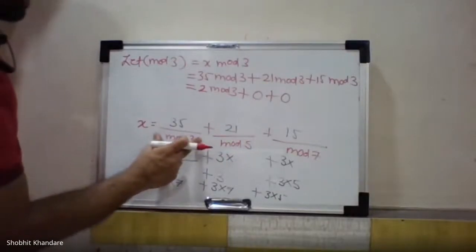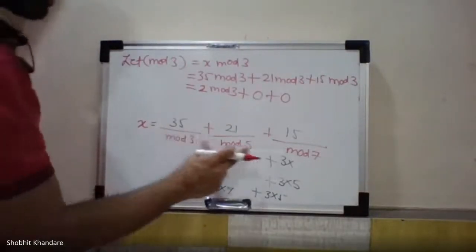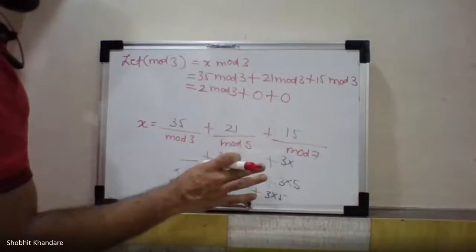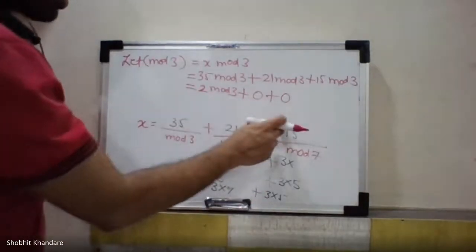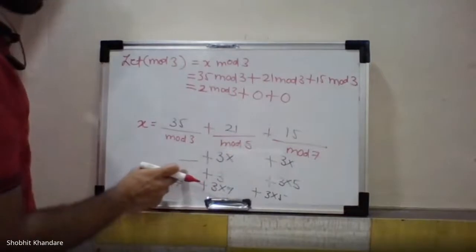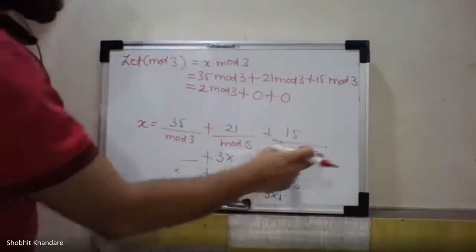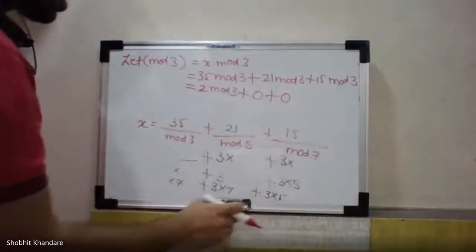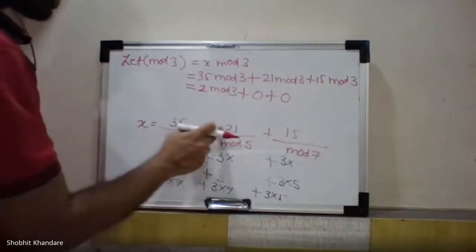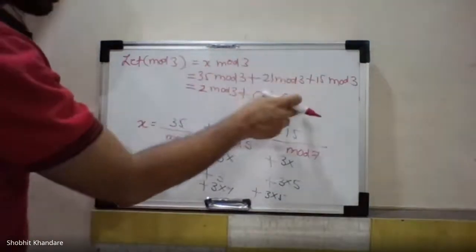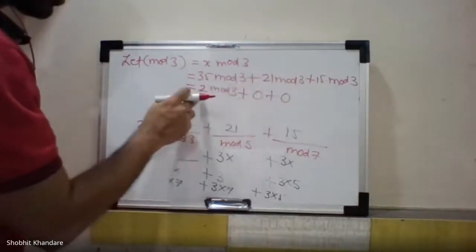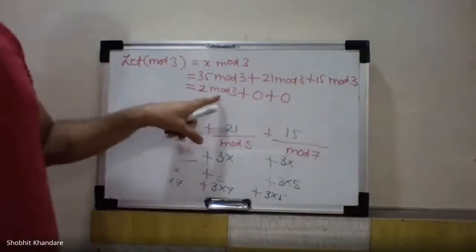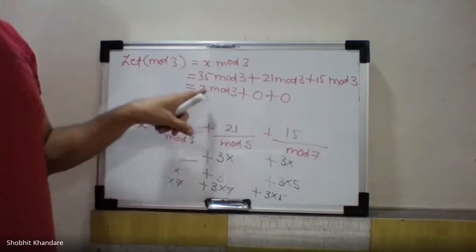अभी देखा इसका मतलब क्या है? अगर मुझे पहला टर्म चाहिए तो सेकंड और थर्ड को मुझे मल्टीप्लाई करना पड़ता है 3 से. लेकिन यहाँ तक खत्म नहीं हुआ है. मुझे अगर सेकंड टर्म चाहिए, फर्स्ट और थर्ड को मल्टीप्लाई करना पड़ता है 5 से, वो जो मैंने सेकंड स्टेप में किया. लेकिन यहाँ पे भी खत्म नहीं हुआ है. मुझे थर्ड टर्म चाहिए तो फर्स्ट और सेकंड टर्म को मल्टीप्लाई करना पड़ता है 7 से. तो ये सब करने के बाद लास्ट में जो आता है 35 प्लस 21 प्लस 15, और वो जब मैं पुटअप करता हूँ क्रॉस वेरीफाई करने के लिए, तो यू आर गेटिंग 2 mod 3. टेल मी, आपके जो प्रॉब्लम में भी दिया था वो 2 mod 3 था ना? यस और नो? 2 mod 3 था ना वो?